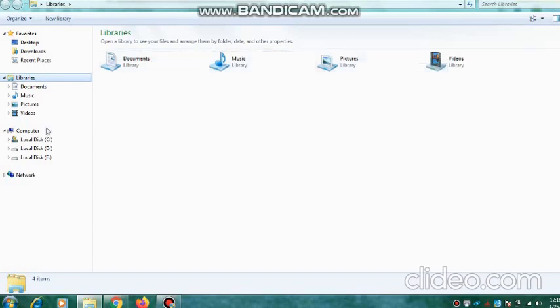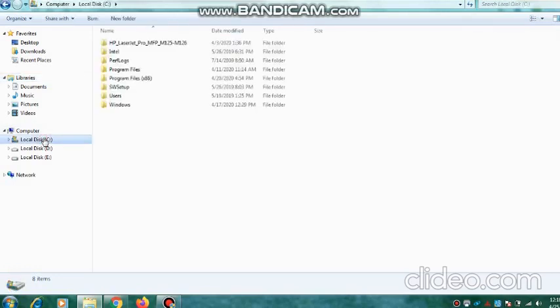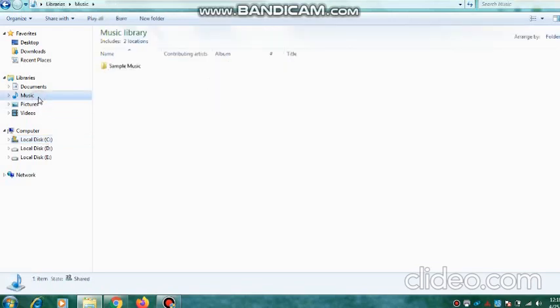So if I click on the C drive, you can see the right pane content changes. Whatever I click, if I click on the Music folder, the right pane shows the contents of that particular folder or the drive which I select on the left side.